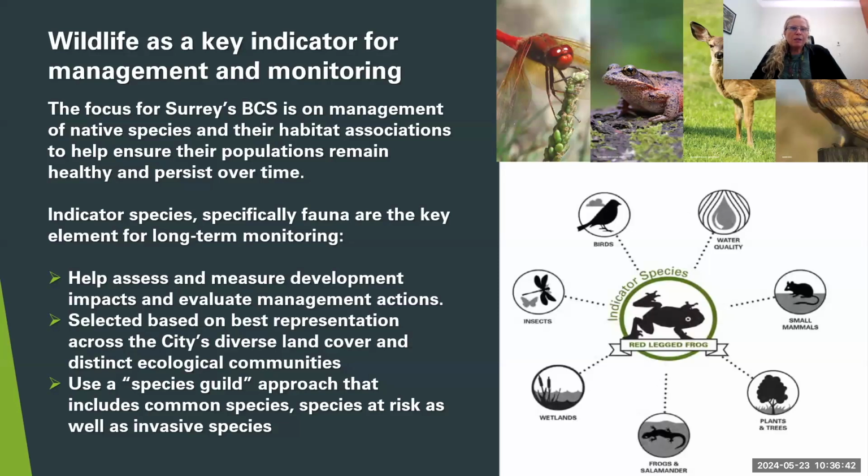I was always a bit intrigued by the fact that there were no plant indicator species. That's certainly something that, from a more current context, we should be looking at, because we obviously have a number of plant species which are very helpful as indicators. And we also have plant species that are listed as at risk, that we need to consider within places like the City of Surrey. But indicator species do help us measure changes in land use over time,